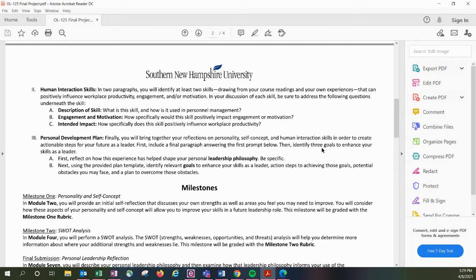Feel free to jump into the textbooks and look at maybe some of the processes, policies, tools, and resources that leaders can use and talk about them, because drawing from external resources as well is going to strengthen your point of view. Just make sure that if you're going to be using some sources that you're doing it in APA formatting. So that right there is your section 2.